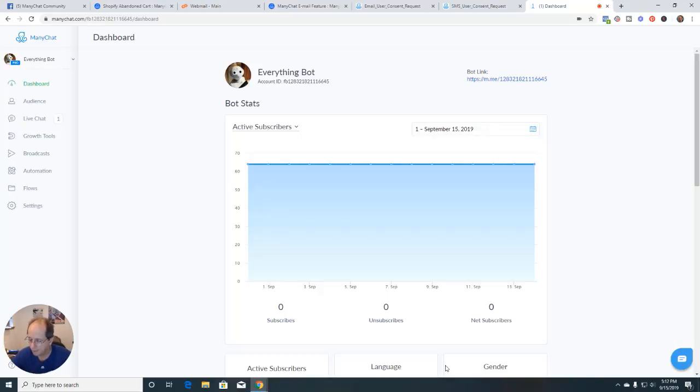For right now, the email goes out, and really look at it as getting your subscribers to interact with you again within Messenger, to open up that 24-hour window so that you can give them an offer. Granted, you can put the offer in the email to get them back in. So